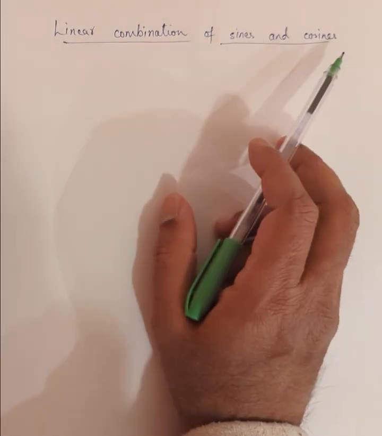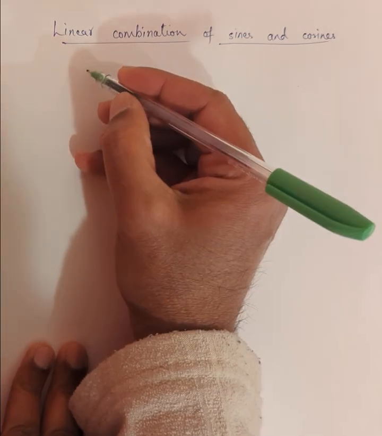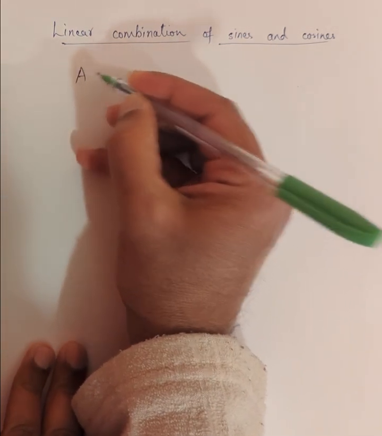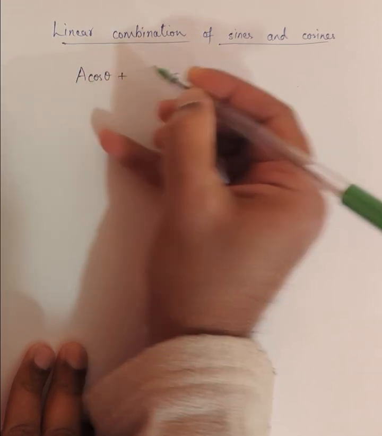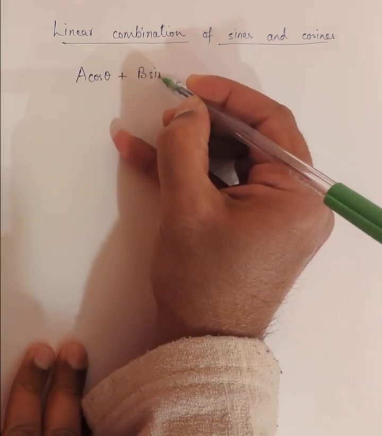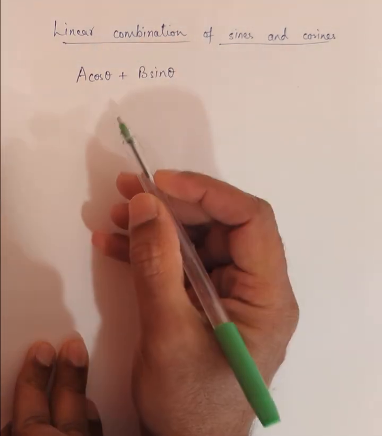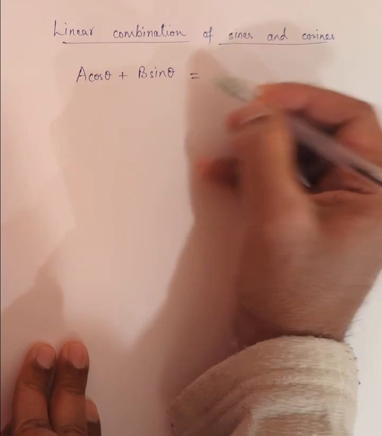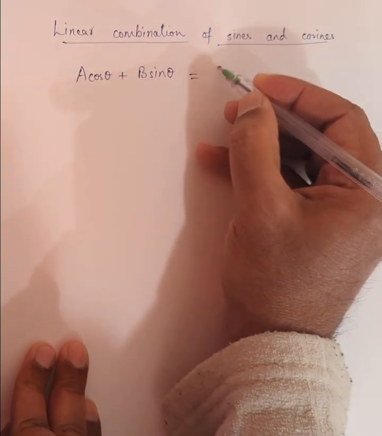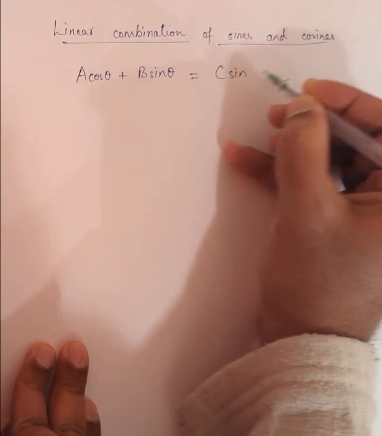Linear combination of sines and cosines. A linear combination of a sine and a cosine is an expression of this form: a cos theta plus b sine theta. Now what we will show is that this is going to be equal to some number c sine of some